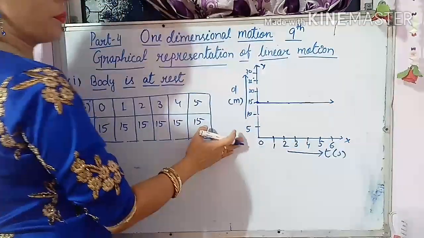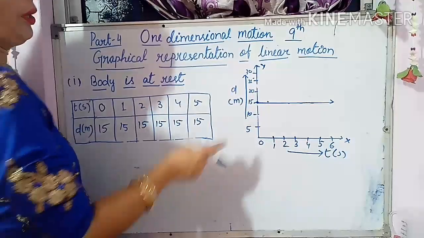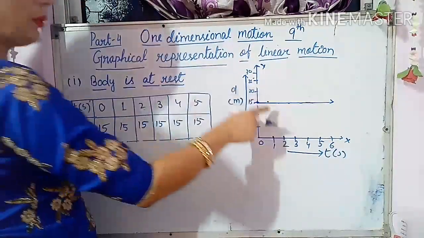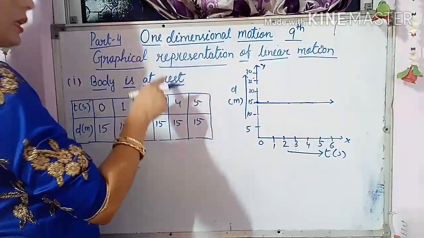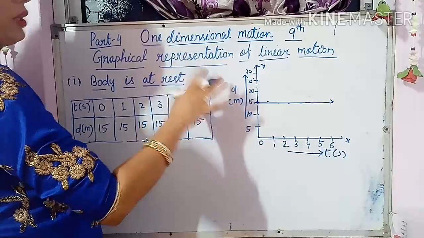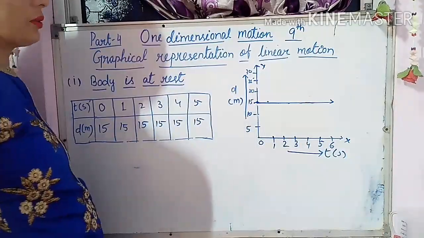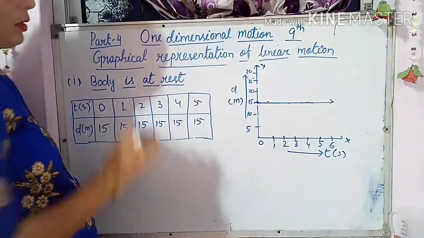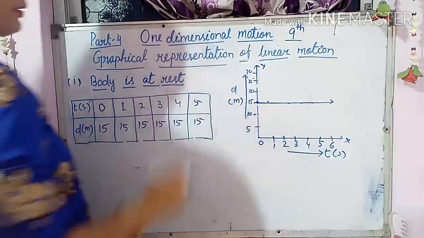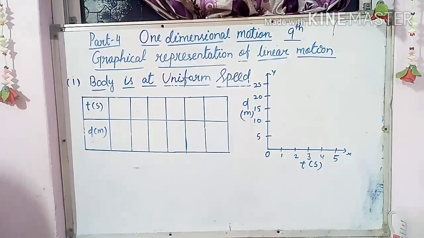So it is a very important question from your exam point of view. Maybe the graph will be given and the condition will be asked, or the condition will be given and the graph will be asked. So both cases are important from your exam point of view. Now, children, just watch it properly for 1 second, and then we will read the next condition. Now, children, let's see the second condition.